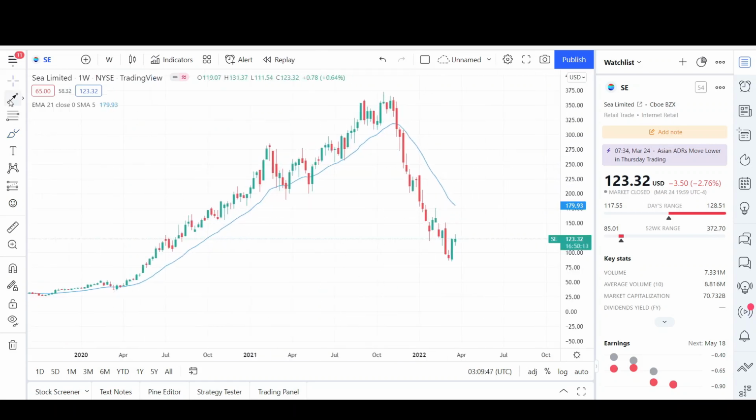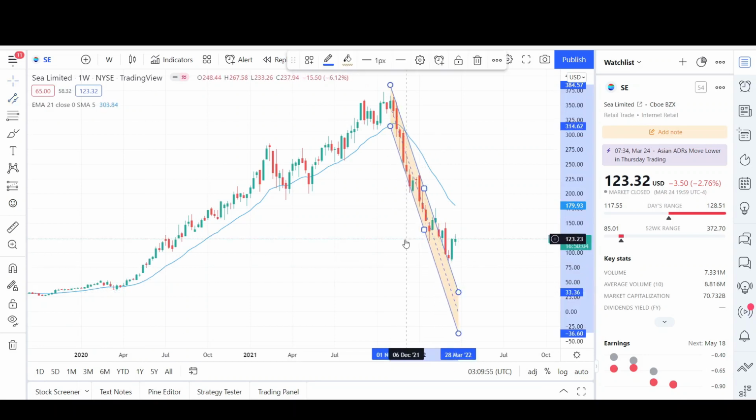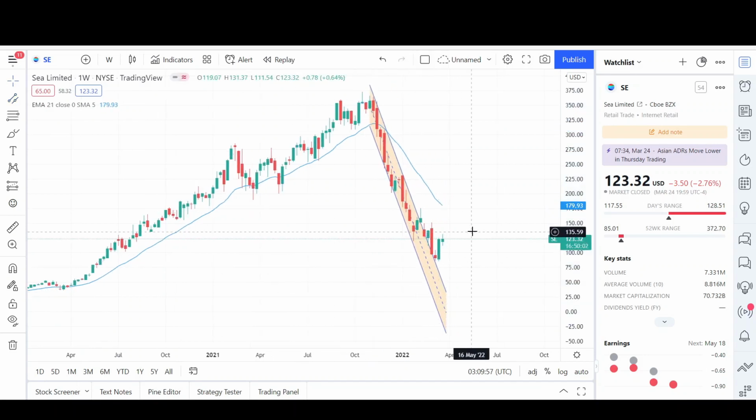And here we have the weekly chart for C Limited, and you can see that we had a massive sell-off after a huge uptrend formation. Looks like the sell-off is coming to an end fairly soon because we are seeing weakness in this downtrend. We're seeing buyers step in the market and sellers starting to get out, or at least not pushing down the market as hard as before. We could retrace back to that EMA at the 180 level,